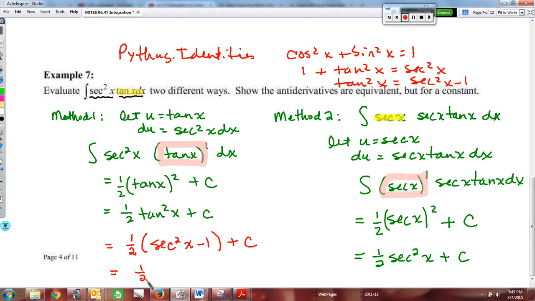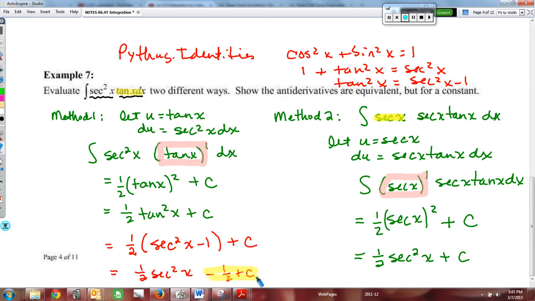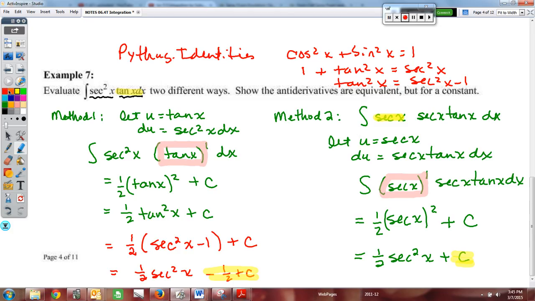This would equal 1/2 secant squared x minus 1/2 plus c. And really what you're going to recognize is that these two things are the same. That's what this constant of integration is going to adjust for. This minus 1/2 plus c and this c over here can be treated as the same thing. You basically have 1/2 secant squared of x plus a number. And in one problem, the number will come out to be one thing, whereas this c over here will be a little different. If you want to be more technical about it, we would say maybe we'll call this one